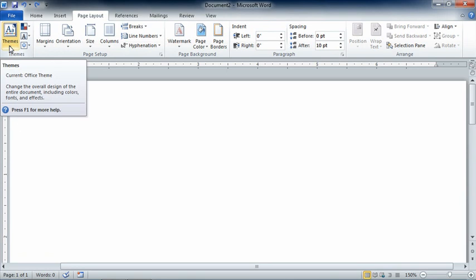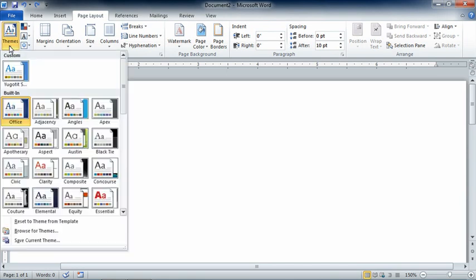The You Got It training company already has a theme created, and we're supposed to use that across our documents to ensure they're consistently formatted with our branding, including things like colors and fonts. So we're going to import a theme file from our Chapter 2 Project Files folder to use in this document. We do that by simply clicking on the drop-down for Themes, coming all the way down to the bottom where it says Browse for Themes,